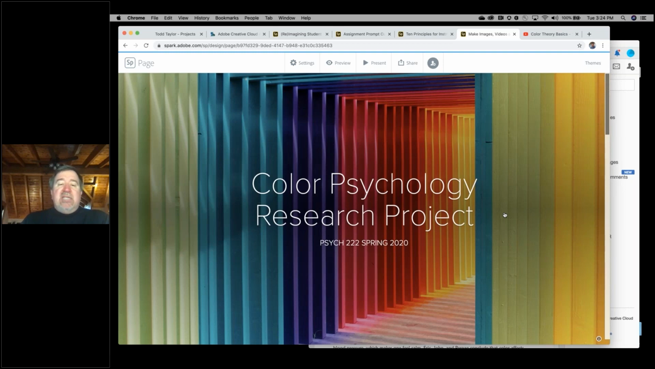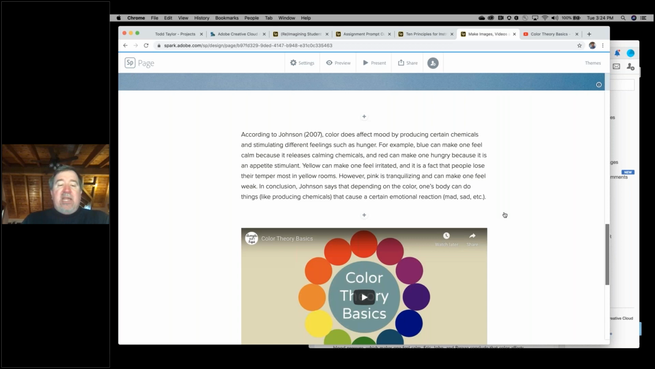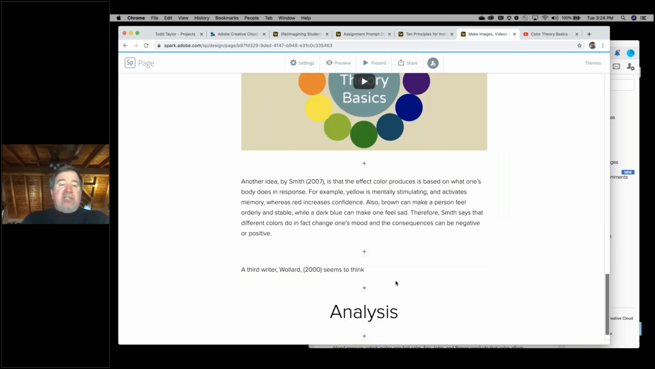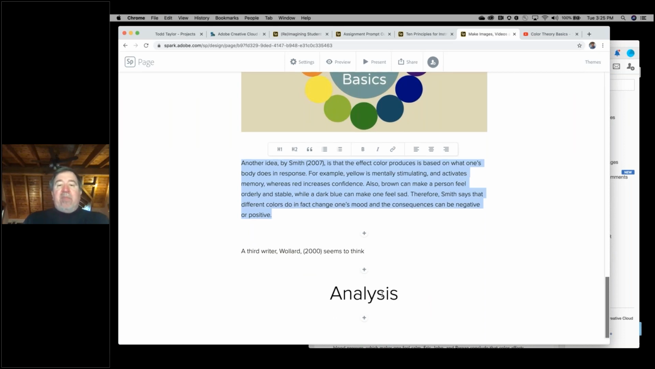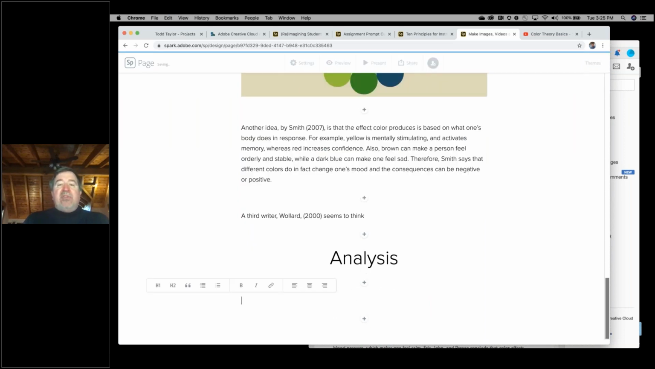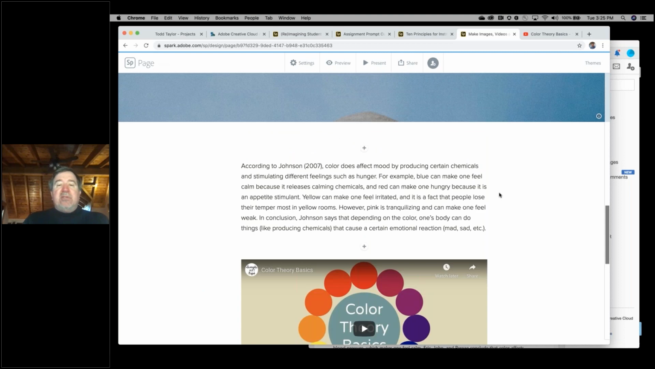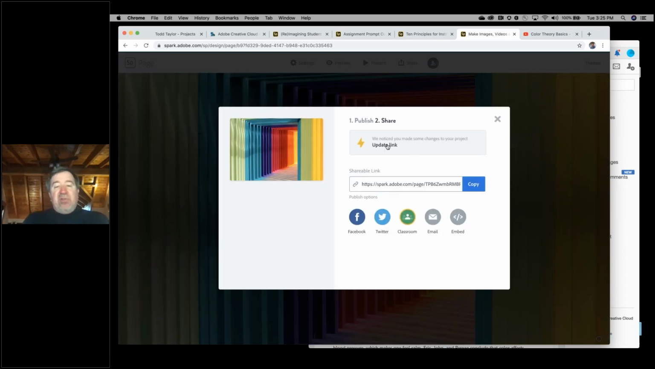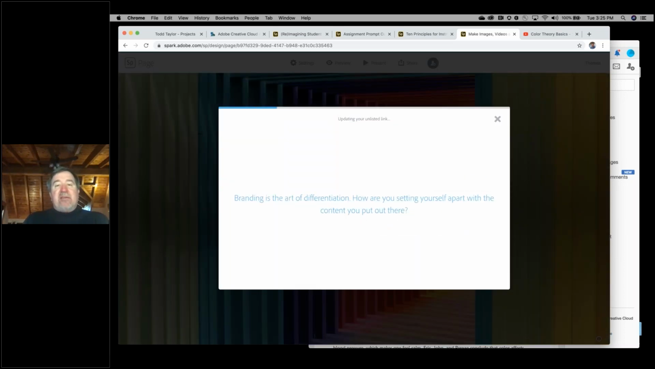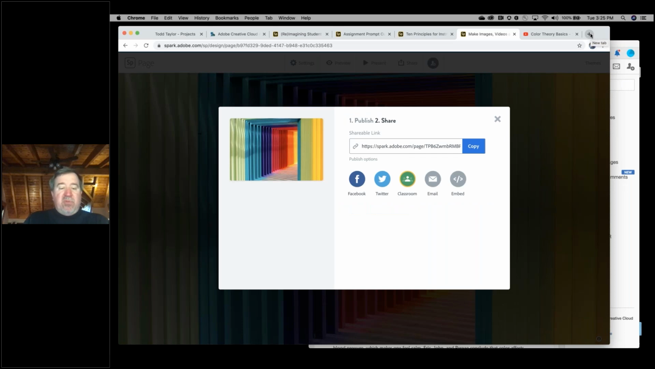Now that URL lives kind of permanently. Let's say I go back in here and I change this paragraph and I add another paragraph here. Now all I have to do is go back to the share button, click on publish and share link. And now instead of creating a new link, all I have to do is update that link. And so then anyone who has that link now